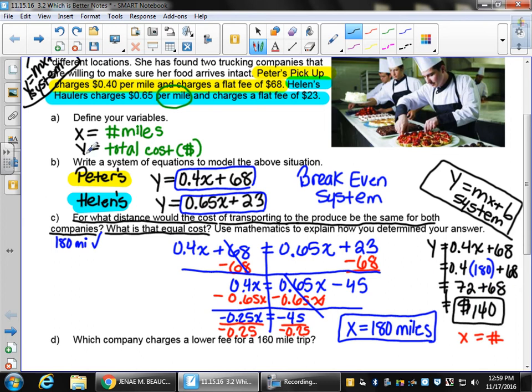And I know that it's money because when I look at my definition of y, it's total cost,